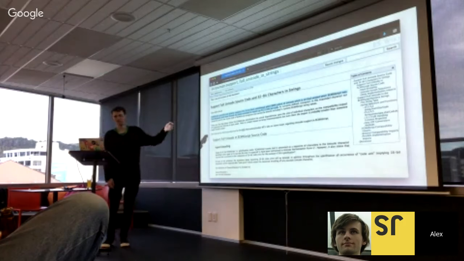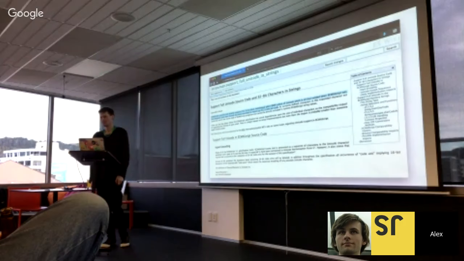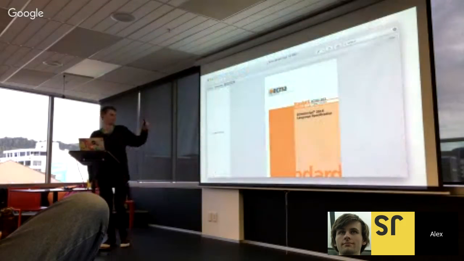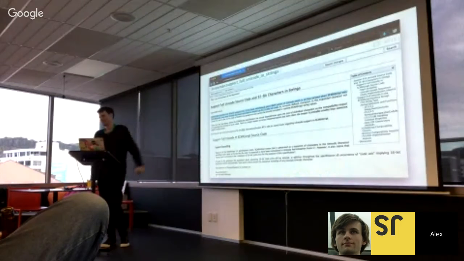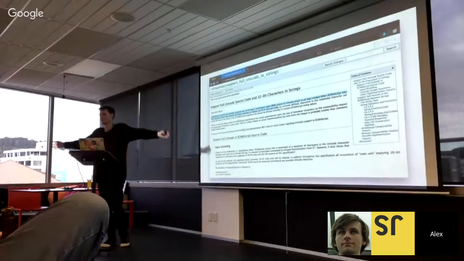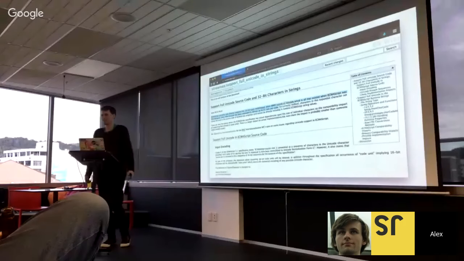It does use UTF-16, which is like our text thing, but a lot longer. And what that means is you can throw anything at it, you can throw emojis at it, and it will work. So we don't have to care. And that's why you don't know about this, because it just works.